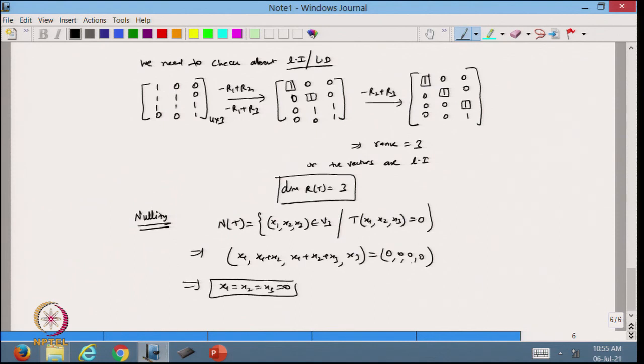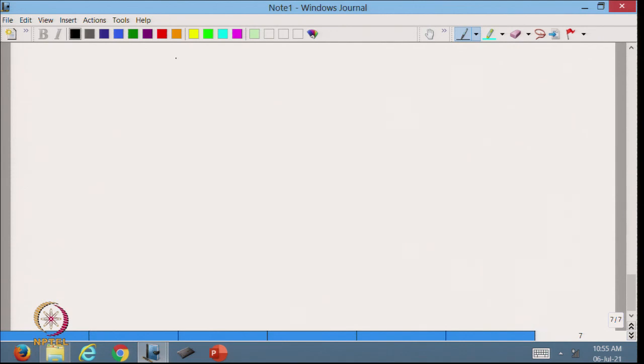If all three are coming 0, from here I can say that the null space of T will contain only the 0 element of V3. So, I can say that the nullity of T is 0. So, nullity is 0 and the rank is 3, and from here we can also observe